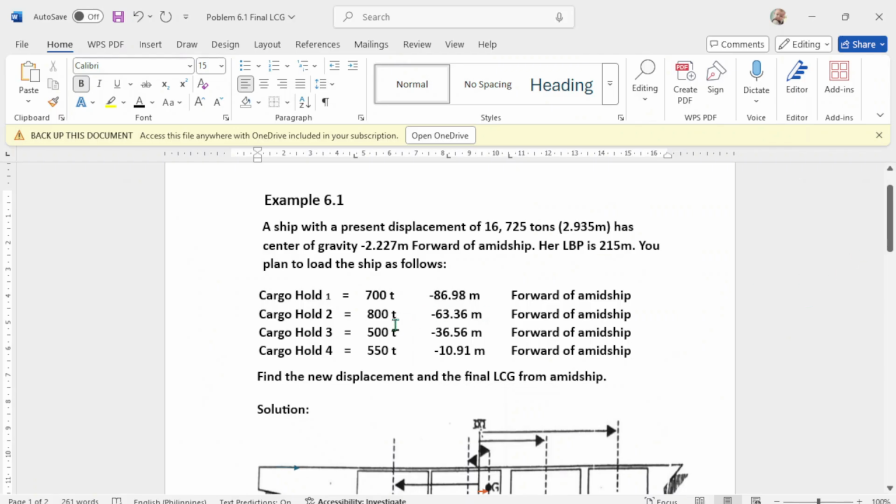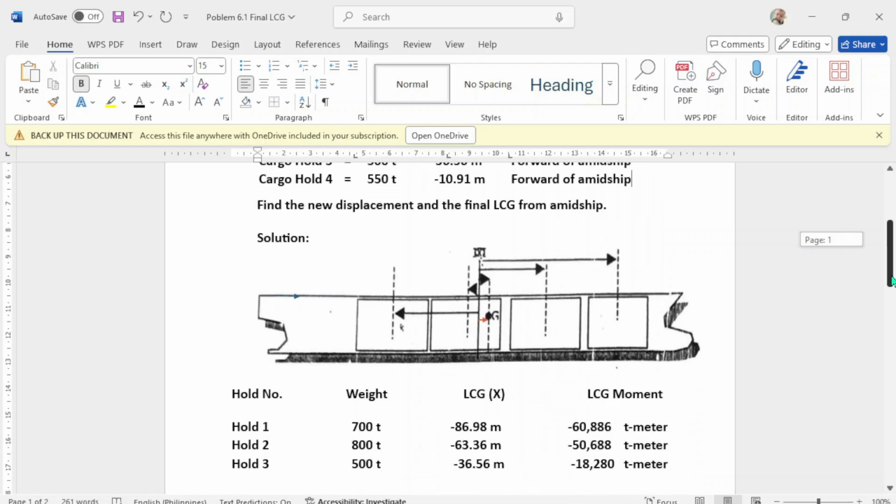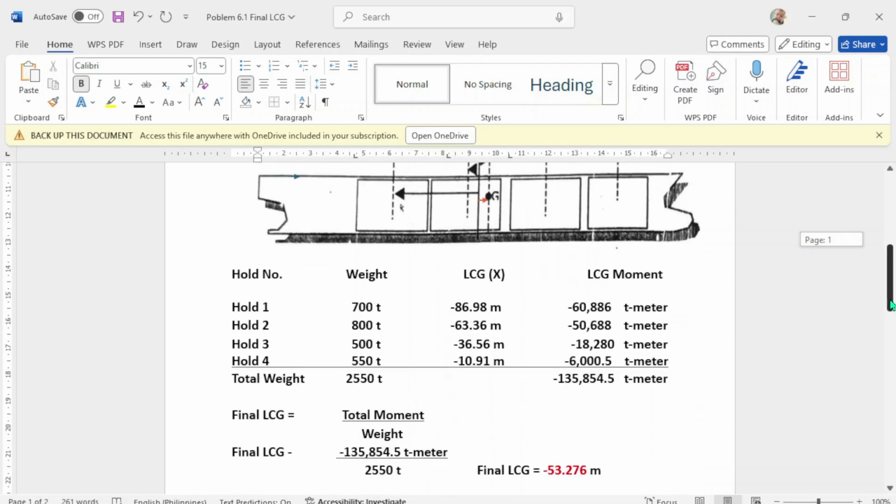And these are the cargoes to be loaded. So these are hold number 1 to be loaded, and multiplied by the LCG, this will be your LCG moment.